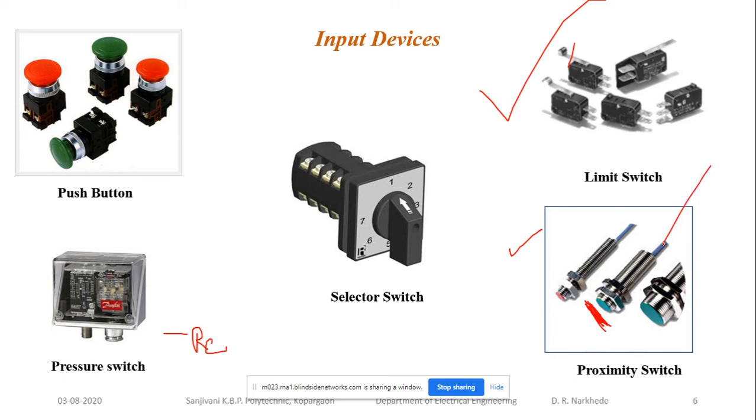So normally proximity switches have 3 leads. ओके, प्रॉक्झिमिटी स्विचला तुम्हाला नॉर्मली 3 लीड्स असतात, 3 वायर्स असतात. एक असतं पॉझिटिव्ह वायर, दुसरी असते निगेटिव्ह वायर, आणि तिसरी असते आउटपुट. Okay, so when the object is going to be detected, the output wire will give you a certain voltage. Certain voltage is available at the output wire.